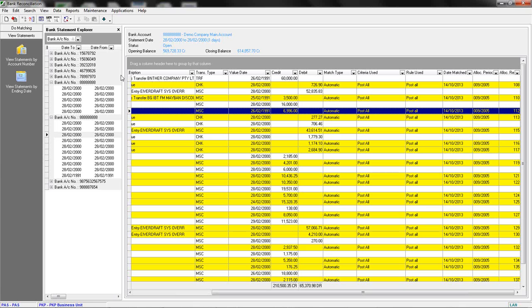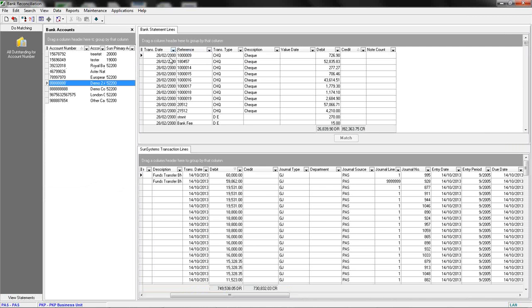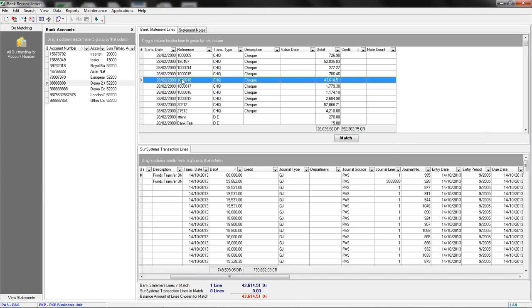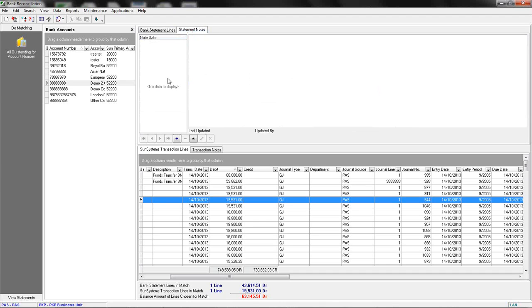The final area we should look at is reporting. And the first part of reporting is actually being able to keep track of things you can't match. So if we go back into do matching, have a look at an account, one area we didn't examine is when I click on the statement line or on a Sun line, what happens is we get an extra tab appearing. So if I've got a recalcitrant transaction that I need to actually make some notes on, I can go to the statement note area, add a new note, and say, can't find the match,